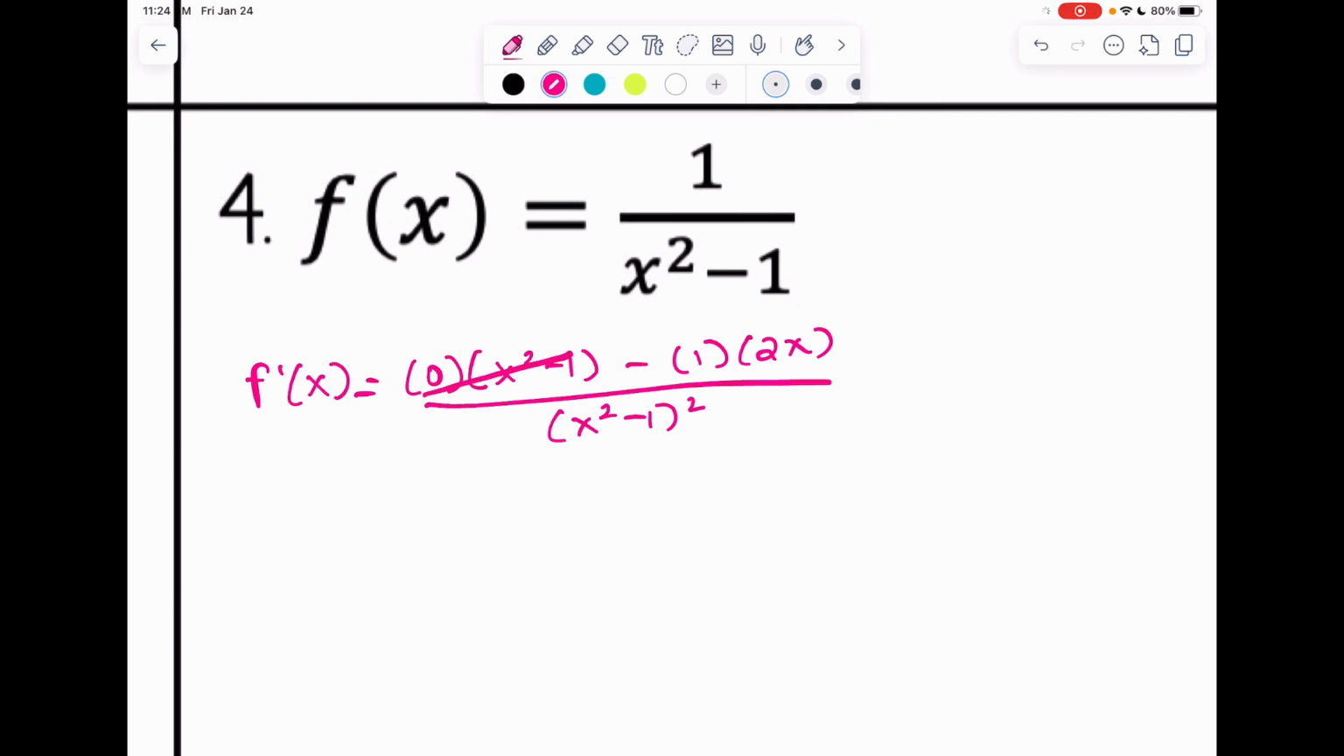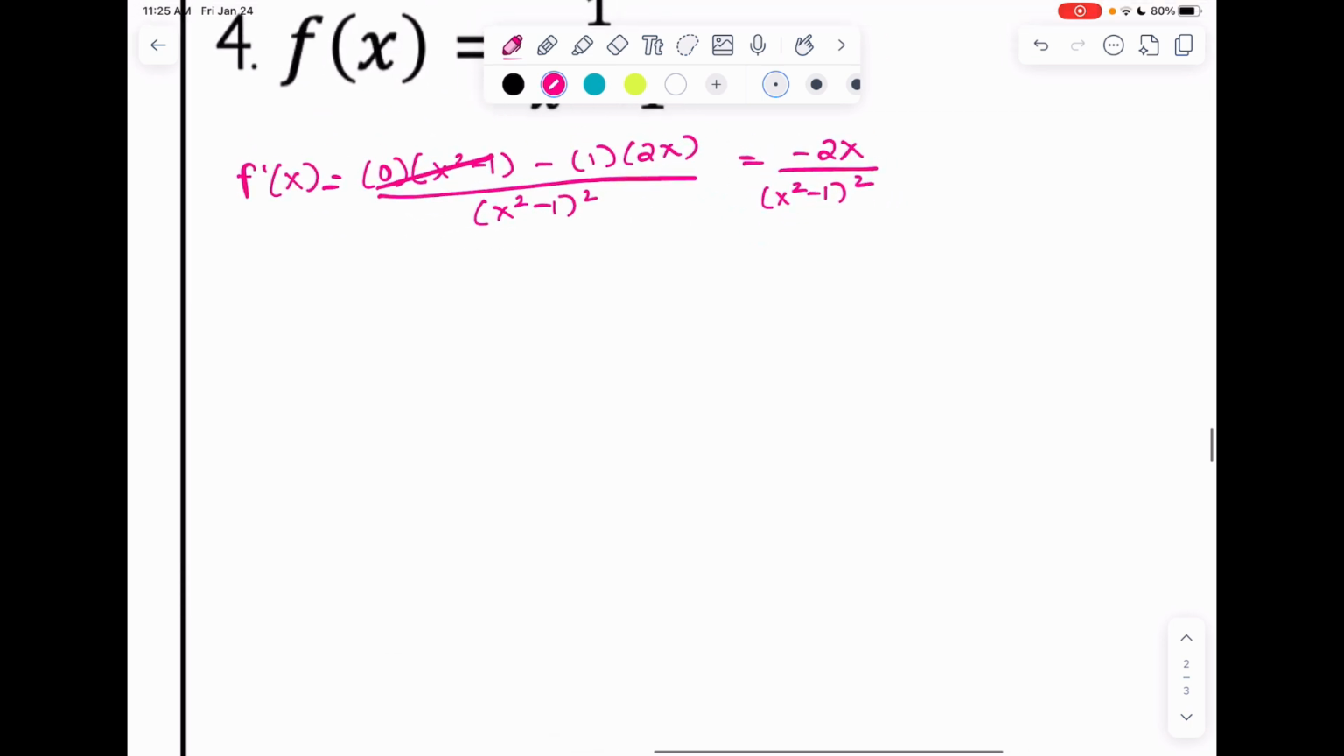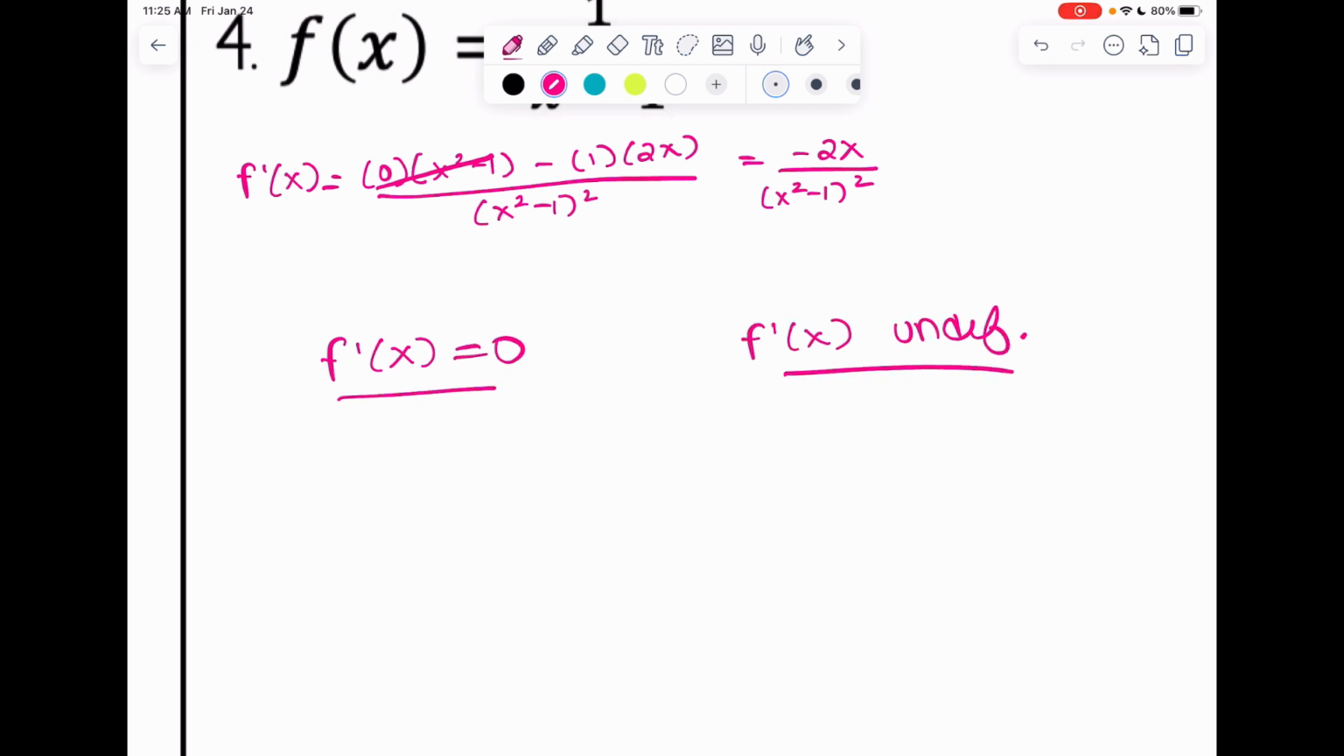Over here, everything is going to go away because we're multiplying by 0. So I have negative 2x over x squared minus 1 squared. This is a similar scenario now to the problem above it, to number 2, where we have the derivative as a fraction. So we're going to consider the two scenarios where f prime of x is equal to 0, and when f prime of x is undefined. So where the derivative is equal to 0, we set the numerator equal to 0. Where the derivative is undefined, we set the denominator equal to 0,